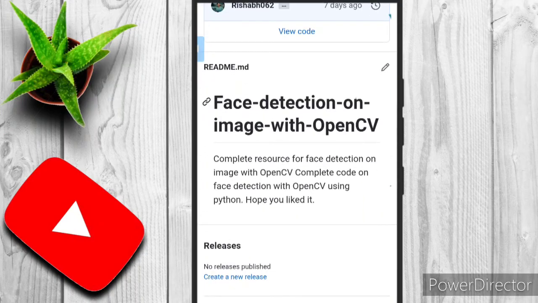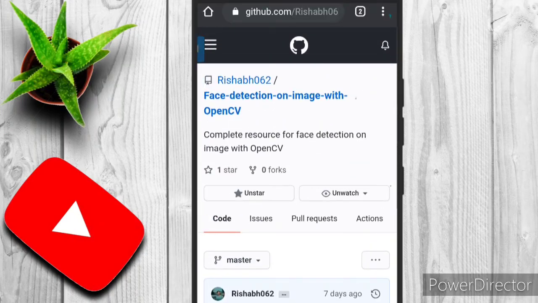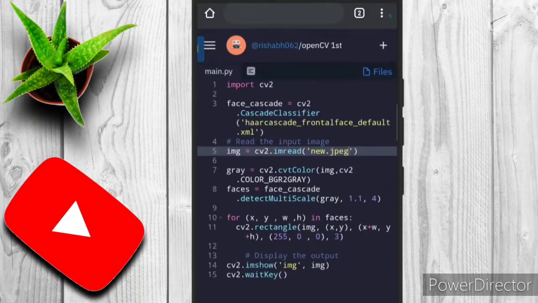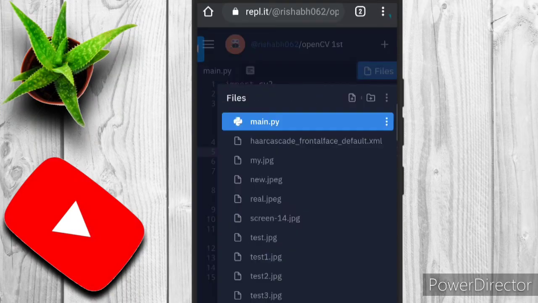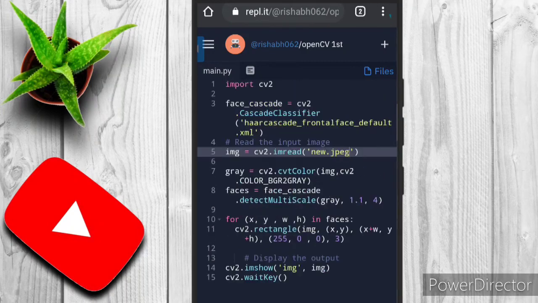So it's my code, and I have used 100% Python. I hope you understand what I'm trying to tell you. Here is the file option where I have imported haarcascade_frontalface_default.xml, and here I was playing with images. There are multiple images, and you can choose a particular image from your side. So it's a simple code.